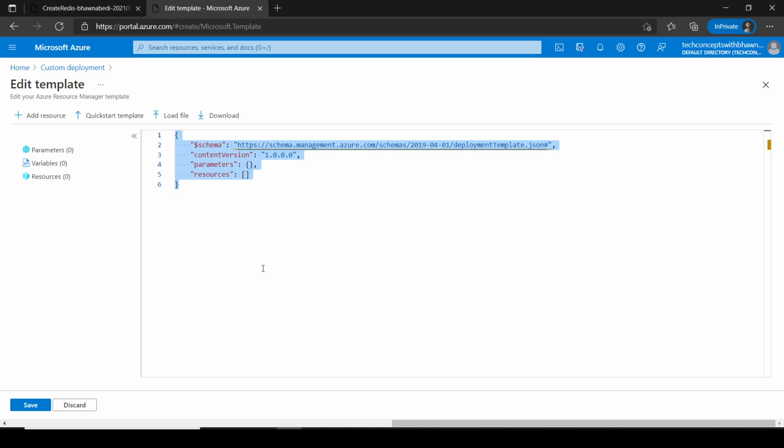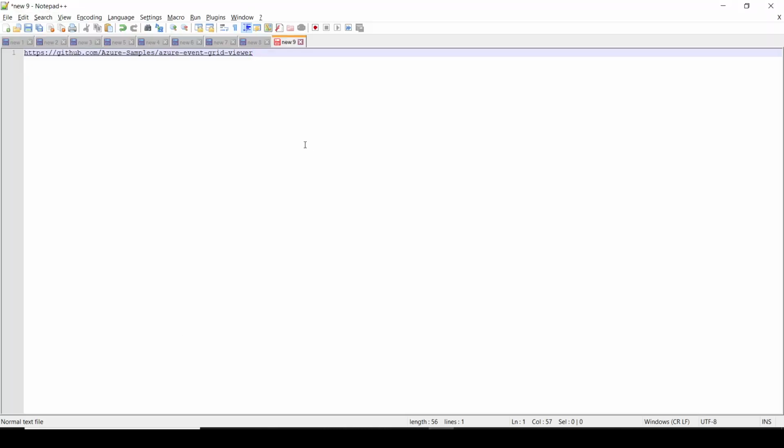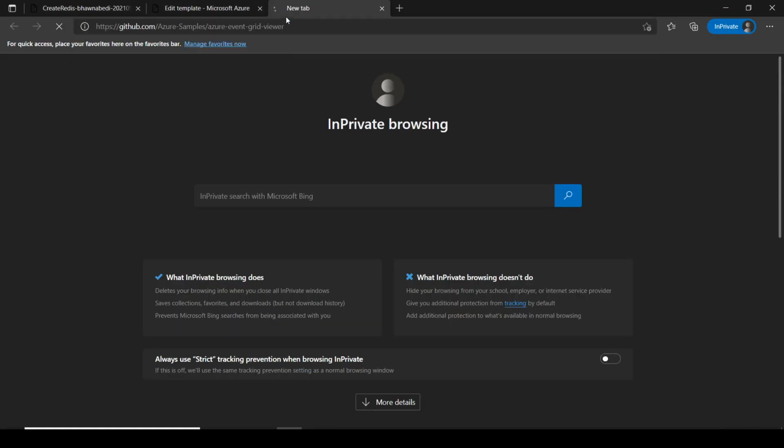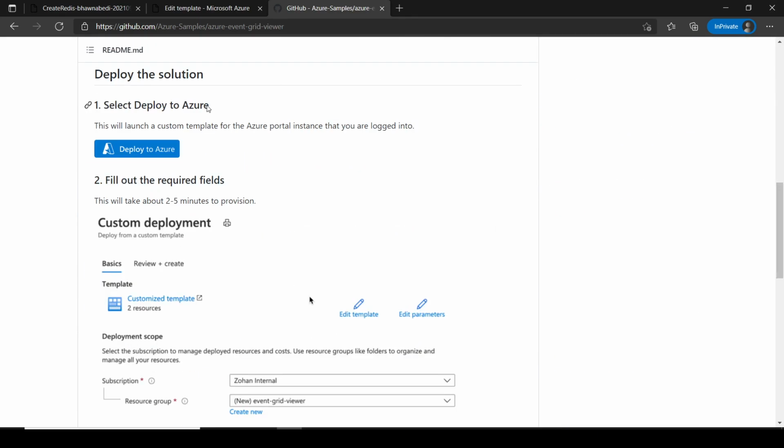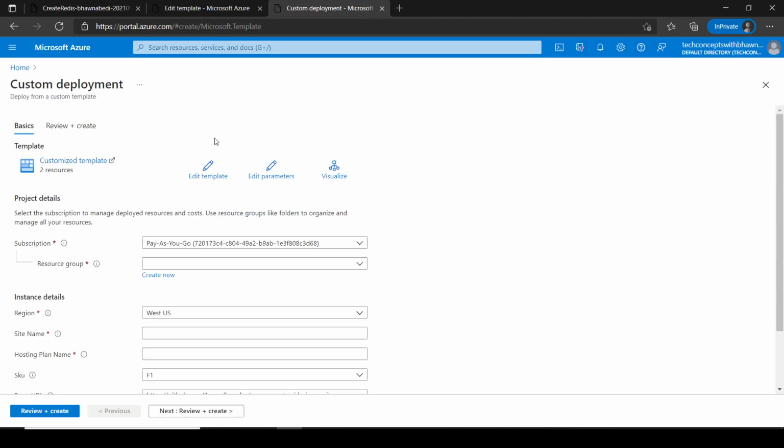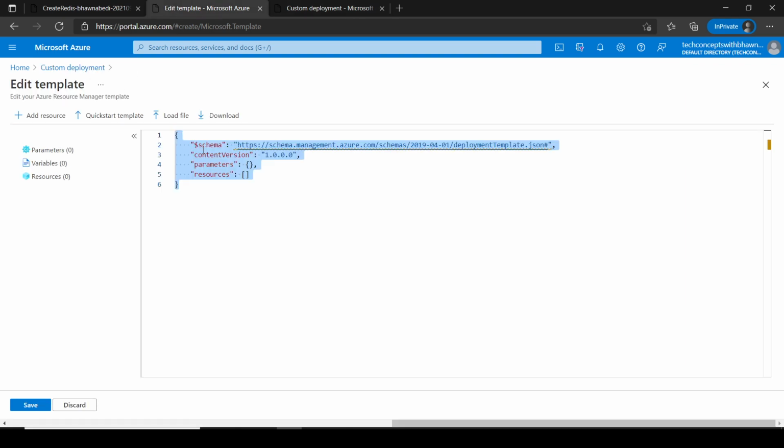But right now I do not have that much time to write the code and show you how to build a web app. In that case we are going to use the one which is provided by Microsoft by default. For that, this is the URL where you can find that particular default application. If you go to this URL, you can directly navigate to this option, deploy to Azure. It will directly navigate you to the custom deployment part. So I'll show you. It has landed on the same custom deployment page, where you would have provided your own code.